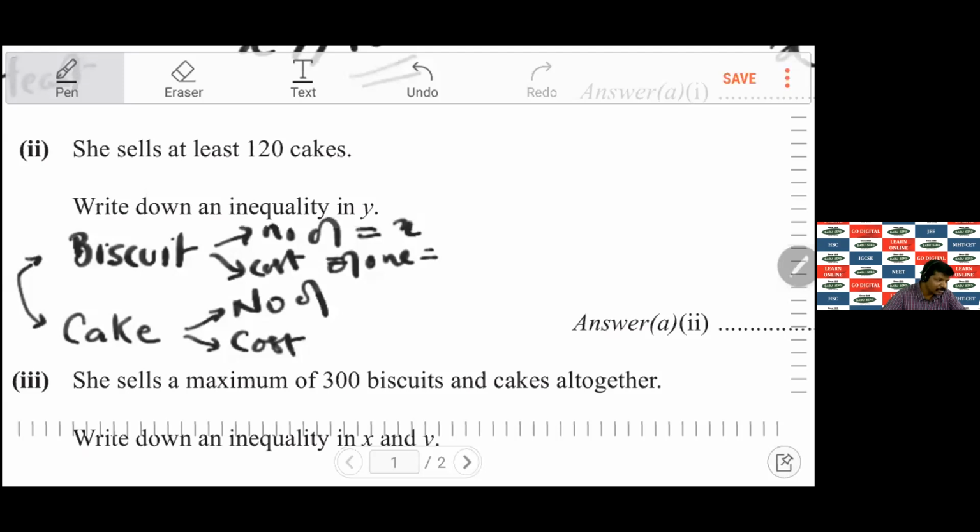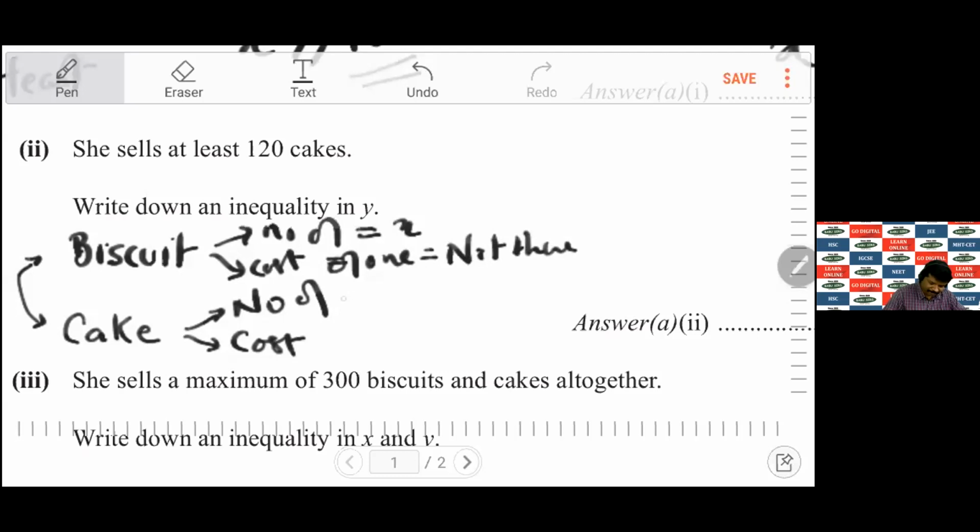I'll tell you what the cost is. I don't know, because I also don't know the price of Gorai's shirt. So how will you know the cost of the biscuit until and unless it is told? Is it told in the sum till now? No. So do we do guessing work in maths? No, you don't guess. So the cost of the biscuit is not there. It will be told afterwards, but now it is not there.